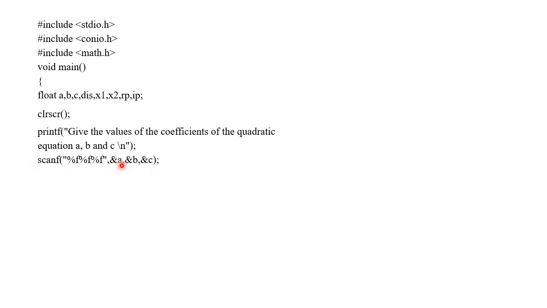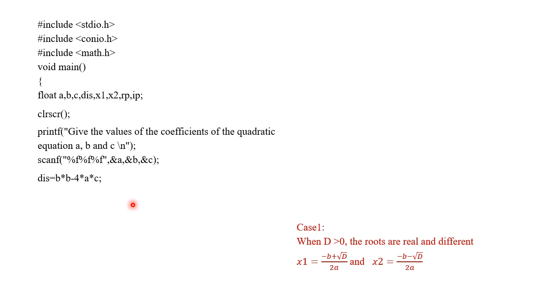The command is executed, we will give three numbers which will be stored in A, B, C respectively. Next, we define discriminant is equal to B square, B into B, minus 4 multiplied by A times C. And every statement should end with a semicolon in a C program. Case 1, we remember when D is greater than 0, the roots are real and different, and x1 is